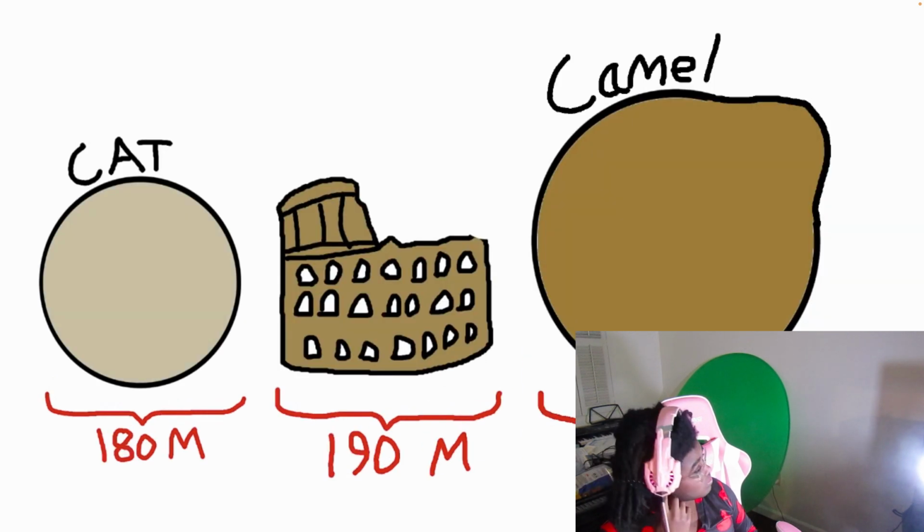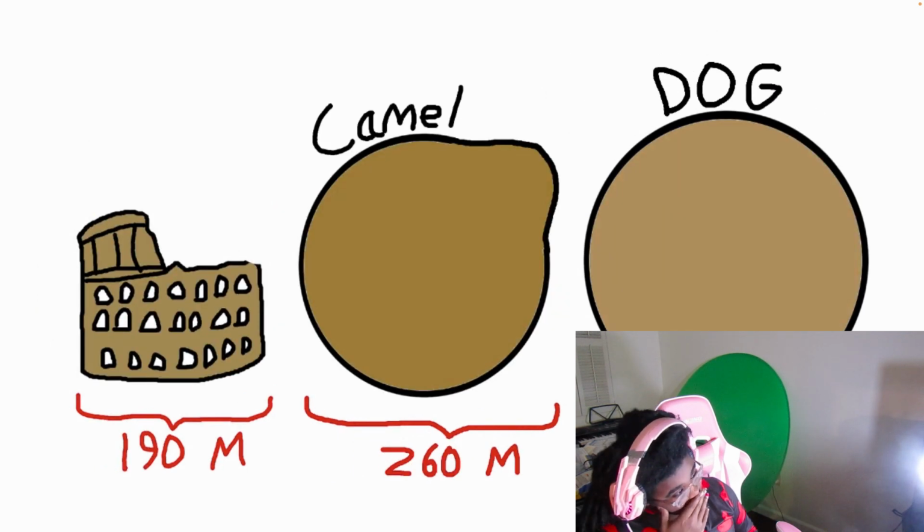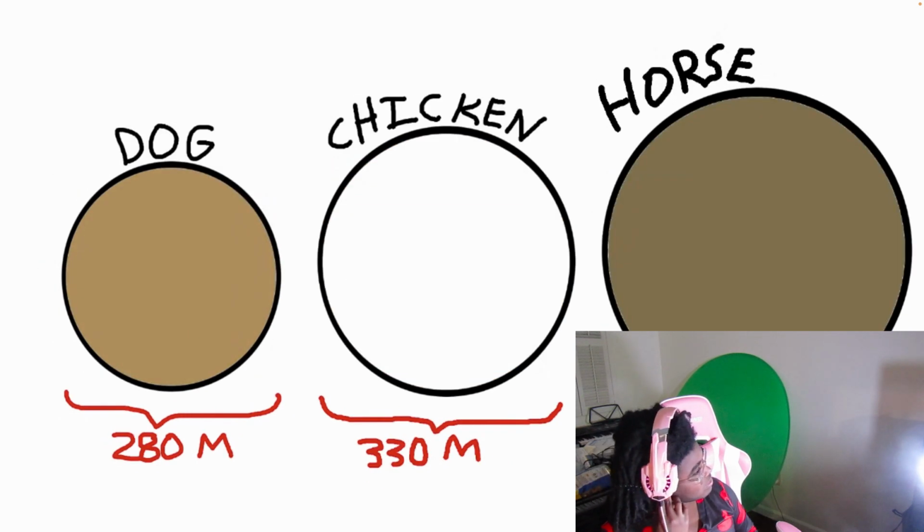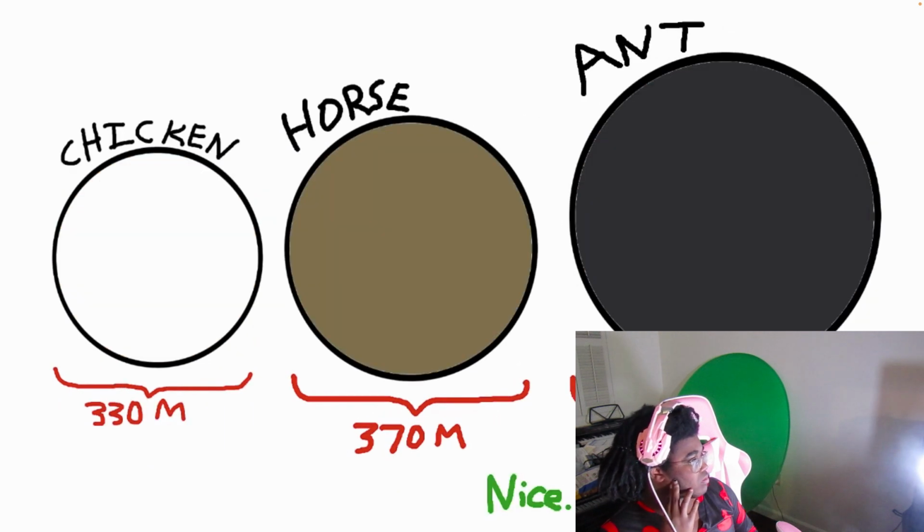Next up is the camel sphere at around 260 meters. Slightly larger was the domesticated dog sphere at 280. Then the chicken sphere at 330. The horse sphere is at 370 meters in diameter. Larger than that was the ant sphere, which came down to around